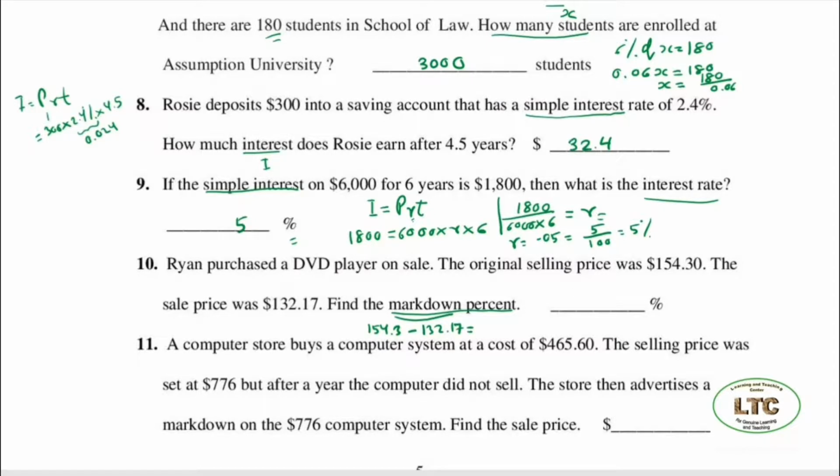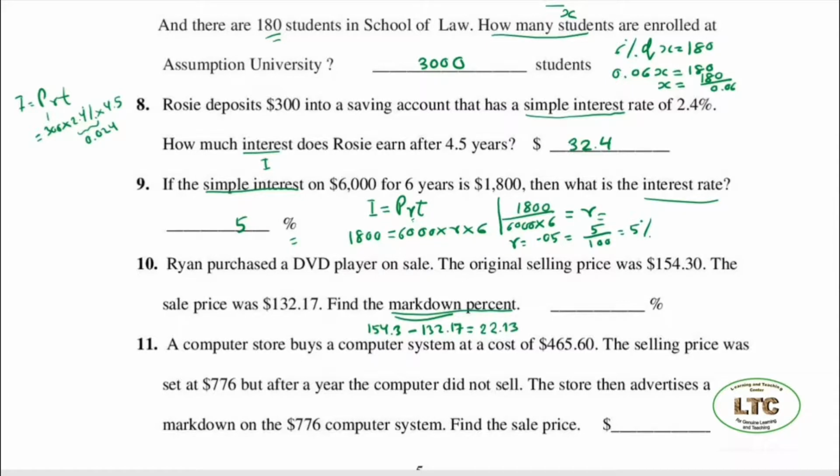Use calculator. 154.3 minus 132.17 is 22.13. Markdown is